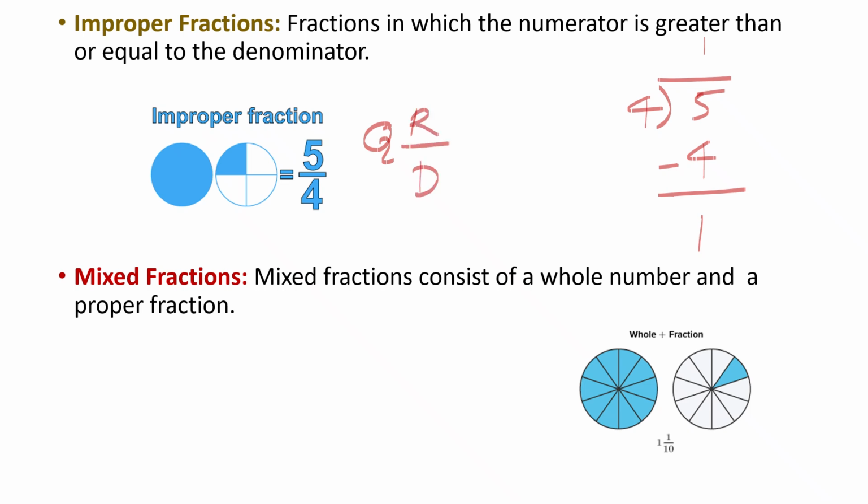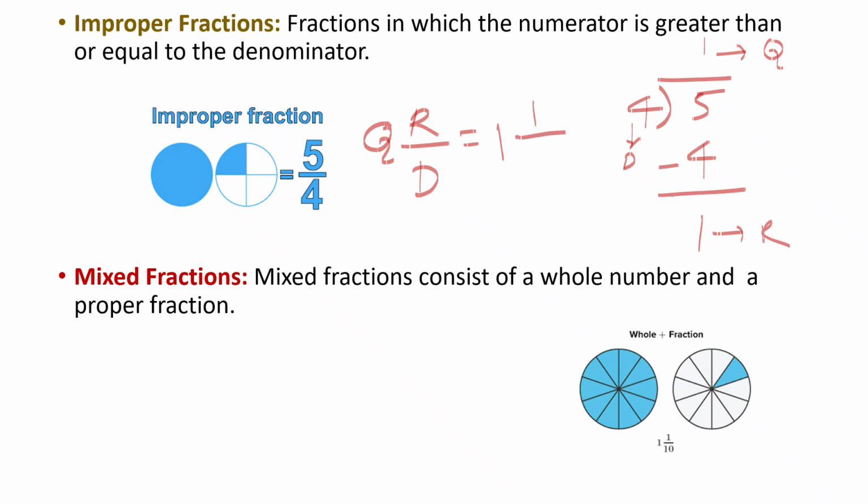Or for your understanding, you can also say it like queen riding over a donkey. So what is my Q over here? This is my Q, this is my R, and this is my D, that is the divisor. So you have to write this in this form. My Q is 1, so I will write 1, then the remainder 1